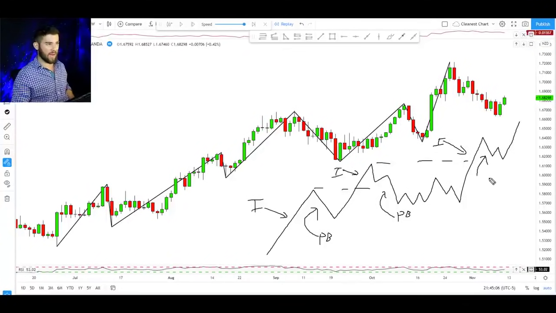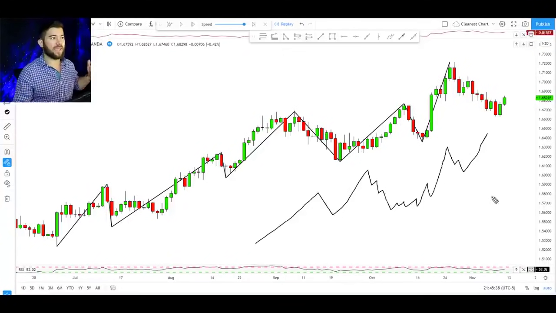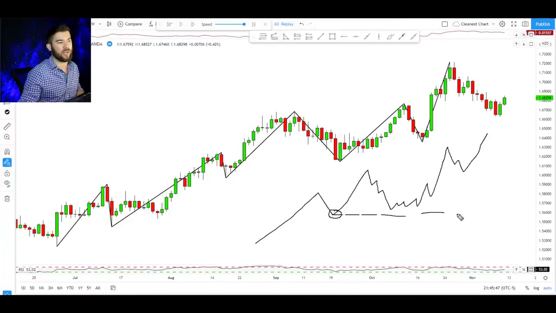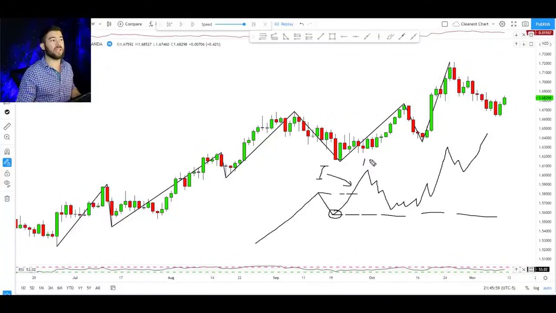again, pullback right here. So the objective way that we're going to be identifying trend is the lowest low of the pullback cannot be broken for us to stay in an uptrend. So once we have this move that breaks and closes above our previous high, we call that our what? Impulsive move. Once we have that impulsive move breaking into new higher highs, which is what we're looking for in an uptrend, this market is still considered in an uptrend until we break or close below the lowest low of